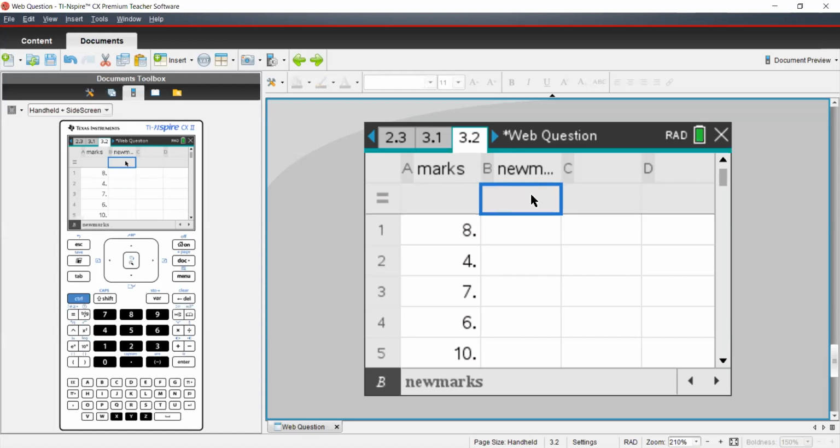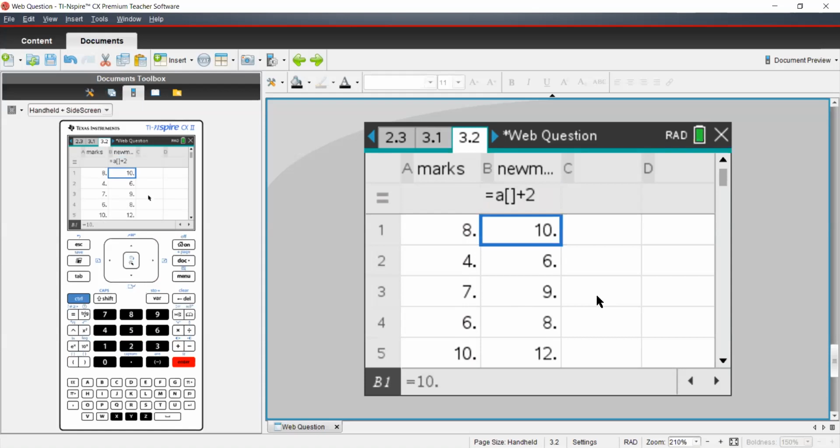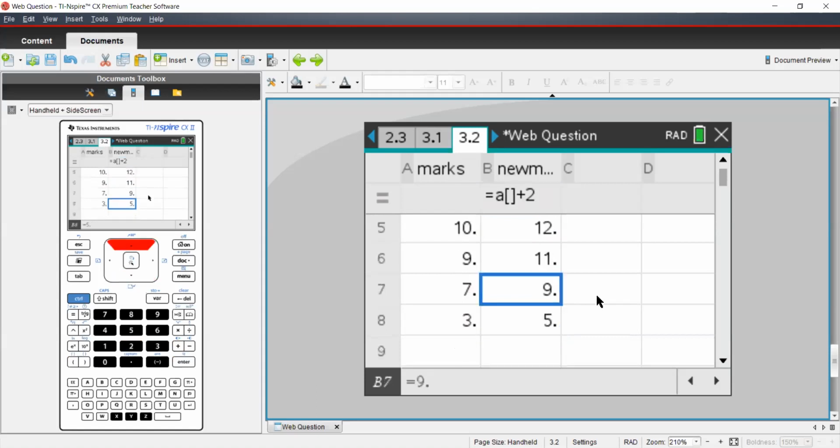For example, I write the formula over here. It works like an Excel sheet on our computers. Just press equal to. Once equal to is there, we need to add 2 to the column, right? So I will type A and then square brackets. I will leave that square bracket empty because I need to add 2 to the whole list. Plus 2, and once you have defined the formula, press enter. It will automatically update your list for all the data. So you can check all my numbers have been added.